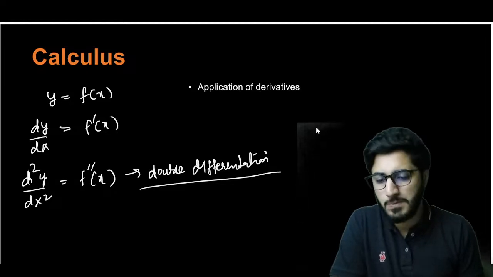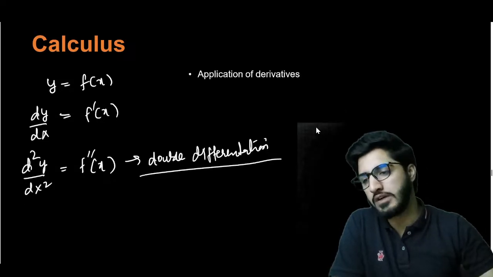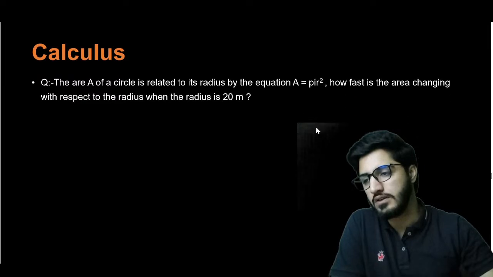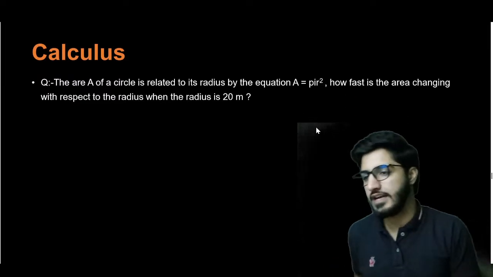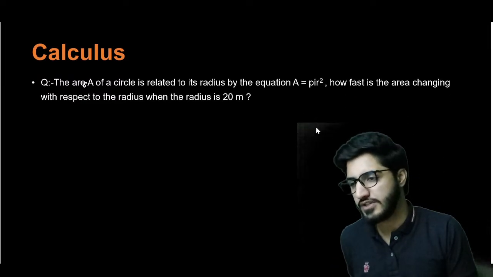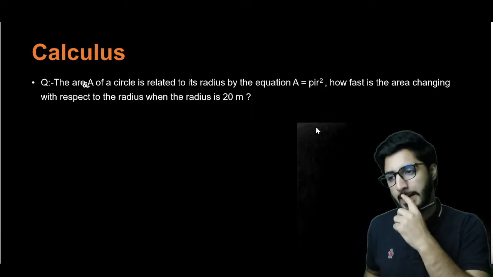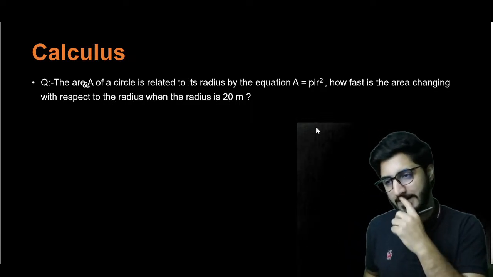Okay, what can we do with this double differentiation? Let's take an example of it. We are having the area, right? We are having a couple of mistakes in the PPT. So the area of a circle is related to, it is,